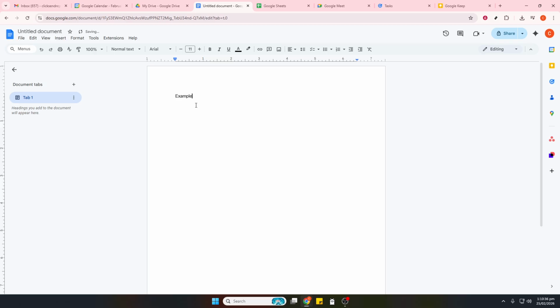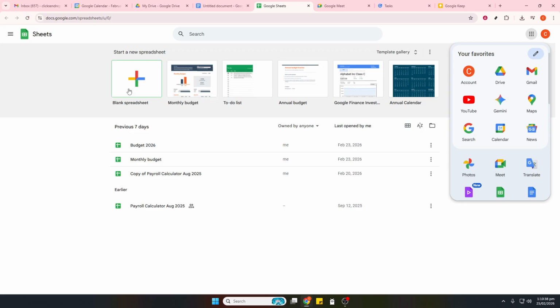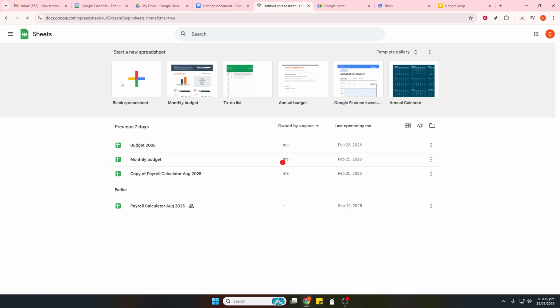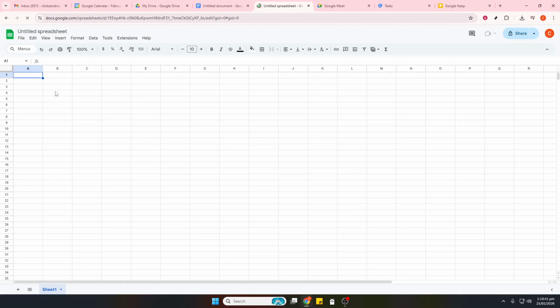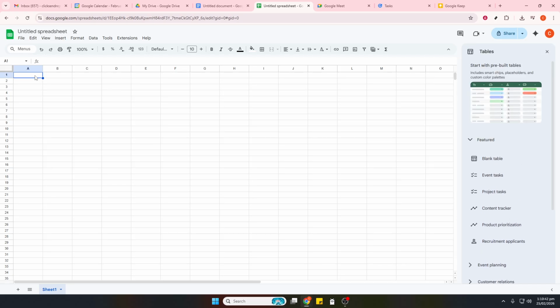In Google Sheets, build trackers for content, expenses, and leads. Use basic formulas like SUM, IF, and COUNT to turn raw data into quick insights. Add filters to slice lists